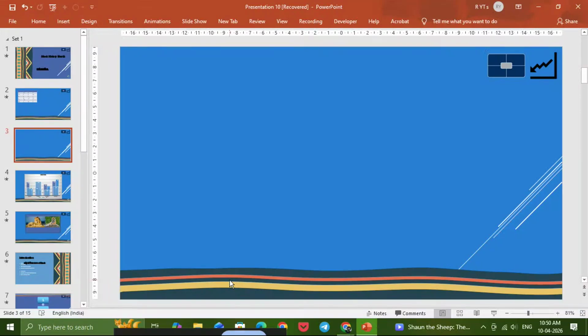In this video, I'm going to show you how to insert objects in PowerPoint step by step. This is a really useful feature when you want to embed a Word document, an Excel spreadsheet, or another file directly into your slide. It's a great way to keep everything in one place and make your presentation more interactive